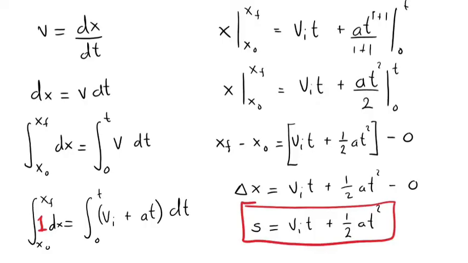Alright, so now let's derive the third one. So let's go back from where we started from. Remember, acceleration is change in velocity with respect to time. Now I want to separate this like this. Let me show you. So I want A, this is A, to be written as